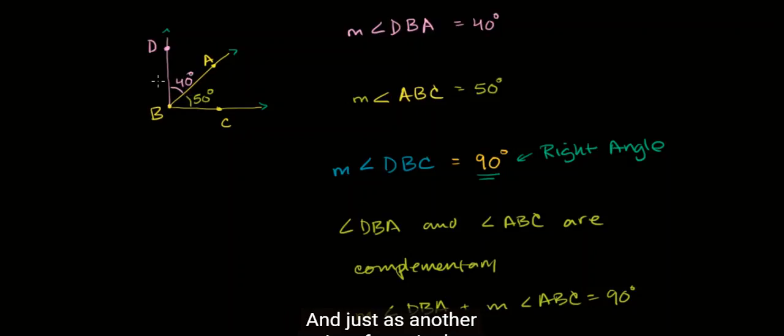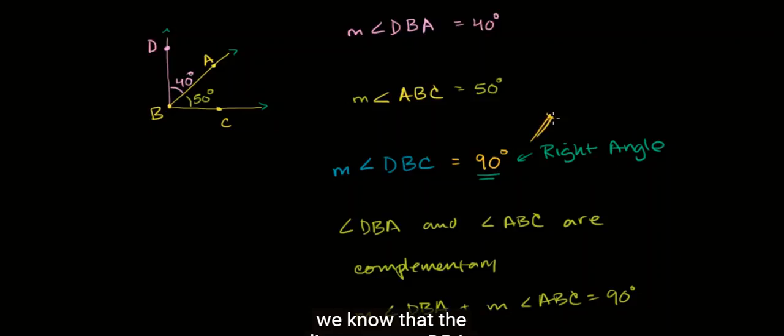And this is another point of terminology related to right angles. When a right angle is formed, the two rays that form the right angle, or the two lines, or the two line segments that form that right angle are called perpendicular. So because we know that the measure of angle DBC is 90 degrees, or that angle DBC is a right angle, this tells us,